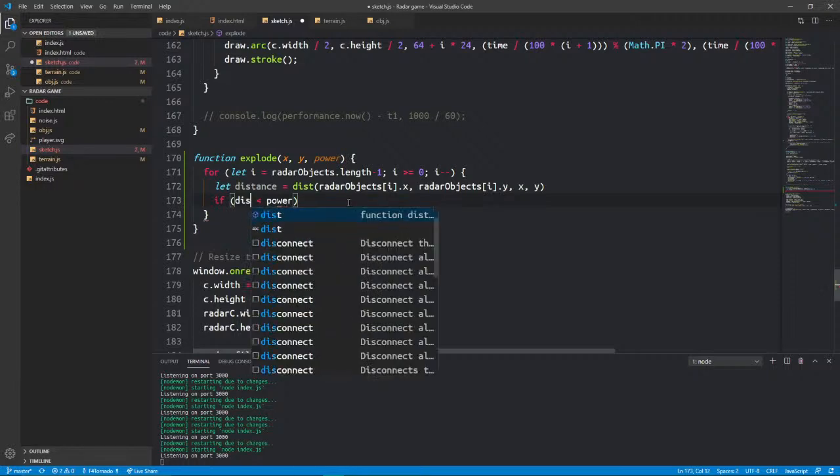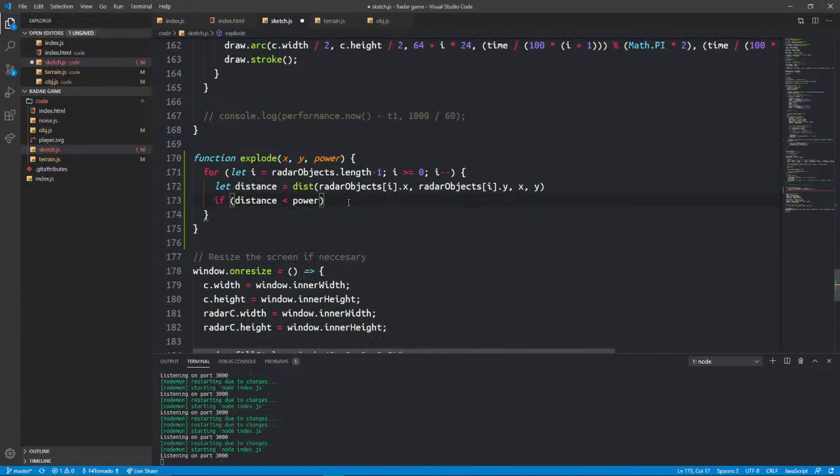So if distance is less than, or I guess like, I don't know, distance times power. So if the distance is greater than,